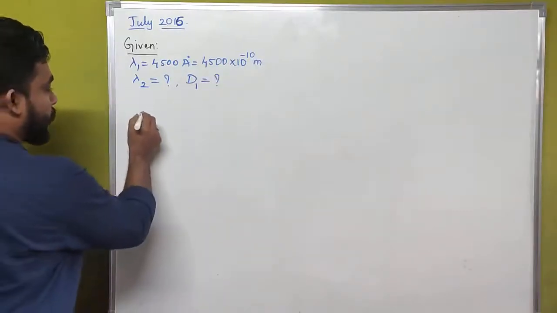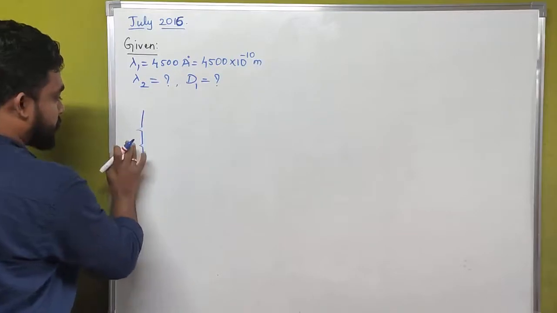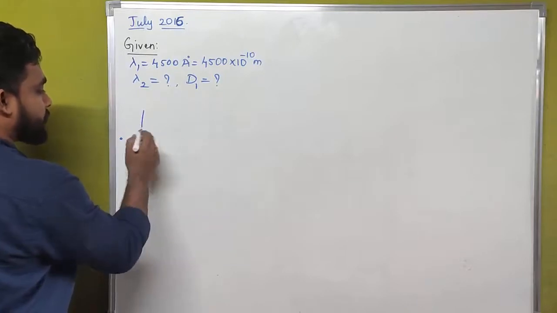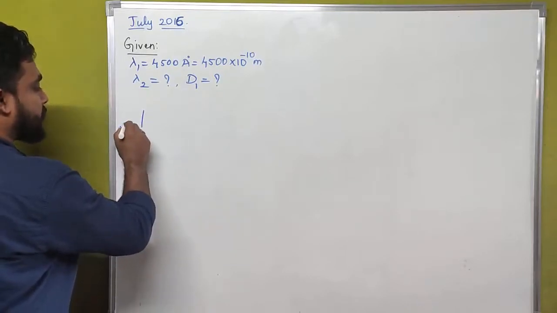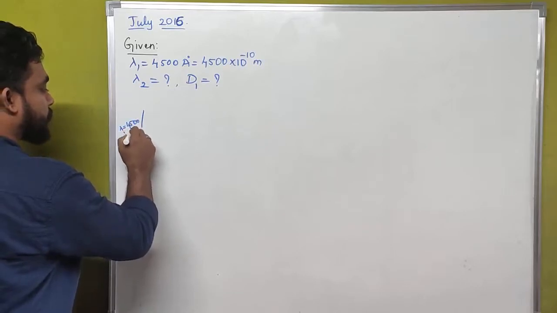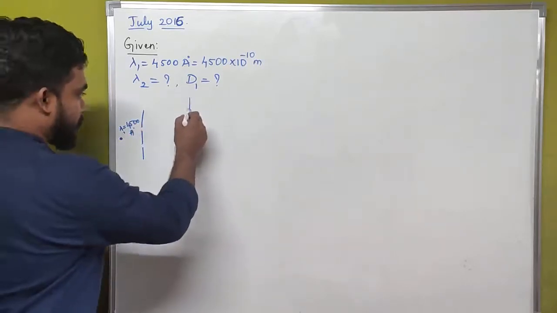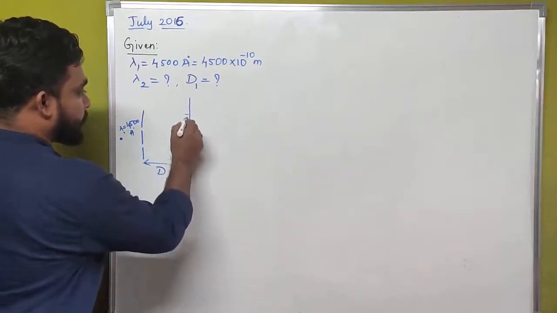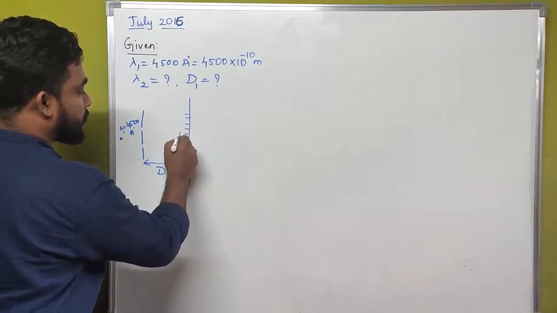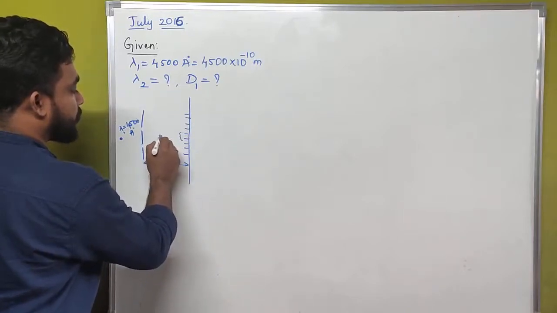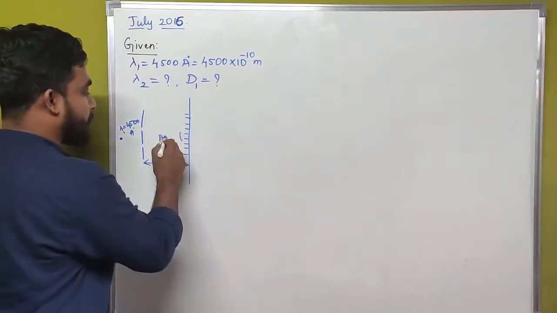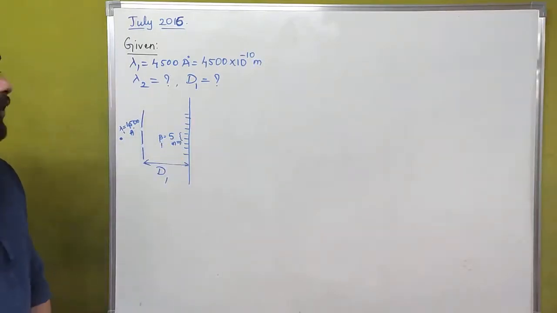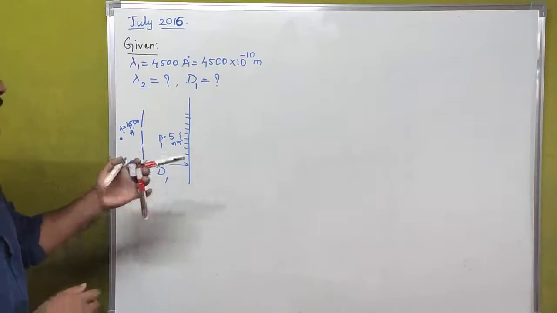Okay, for example what he is saying is, initially we have two slits like this. A source of light is consisting the wavelength of 4500 Armstrong. Okay, the fringes are obtaining at here. Let us assume this distance as d1. The fringes obtaining here is having a fringe width of 5 millimeter. Let us assume this as beta 1. ಅಂದ್ರೆ ಇದು beta 1 ಆಗ್ತಾ ಹೋಯ್ತು ಫ್ರಿಂಜಸ್.